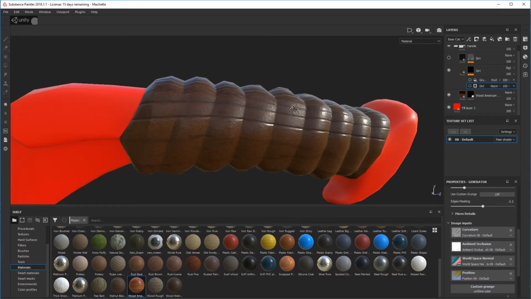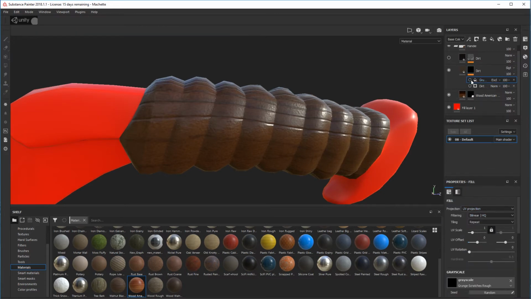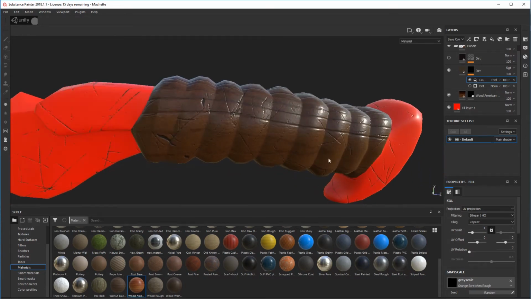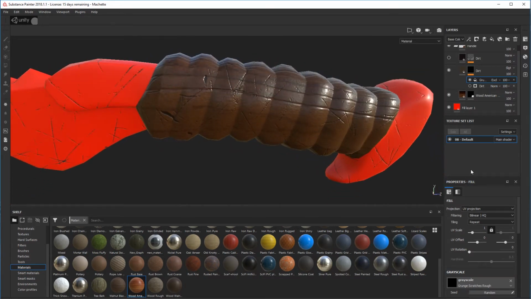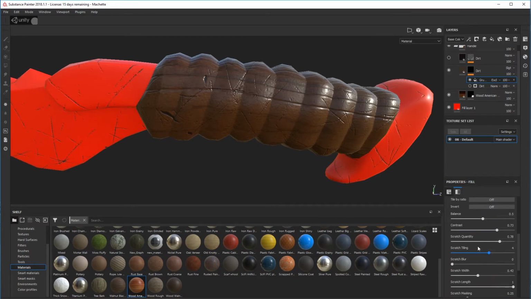And in that dirt layer, I added a grunge. I added a generator, which is this one. And it had lots of scratches. I put a grunge scratches rough into the grayscale there, and played with some of these sliders